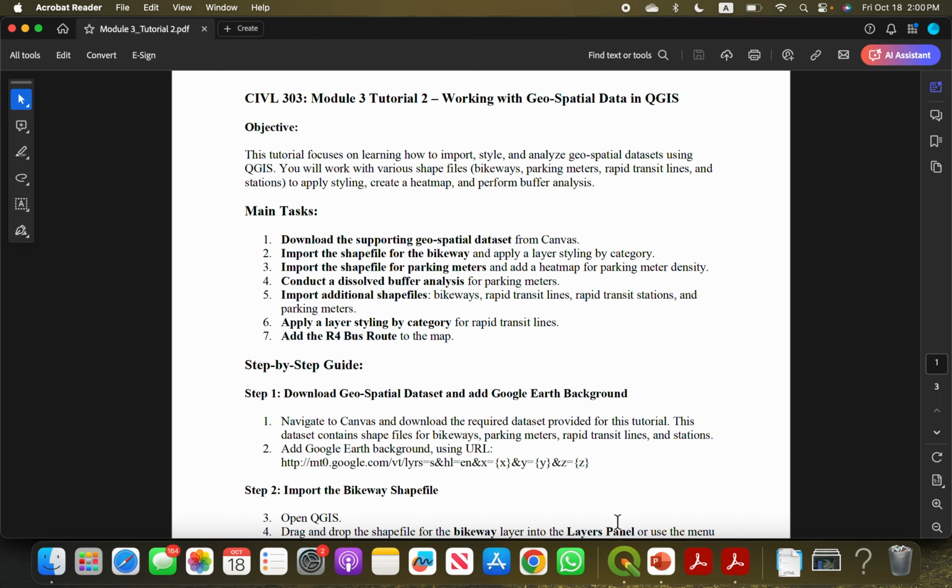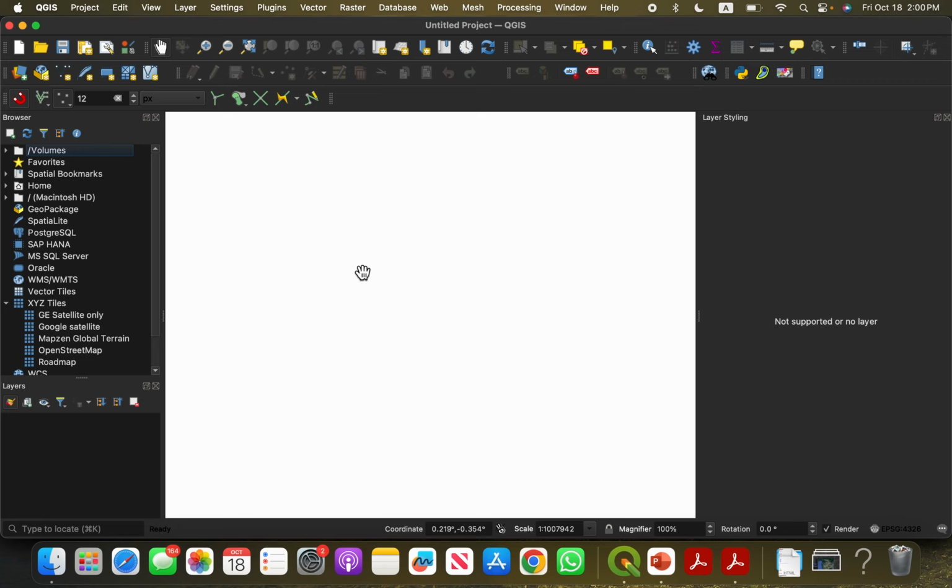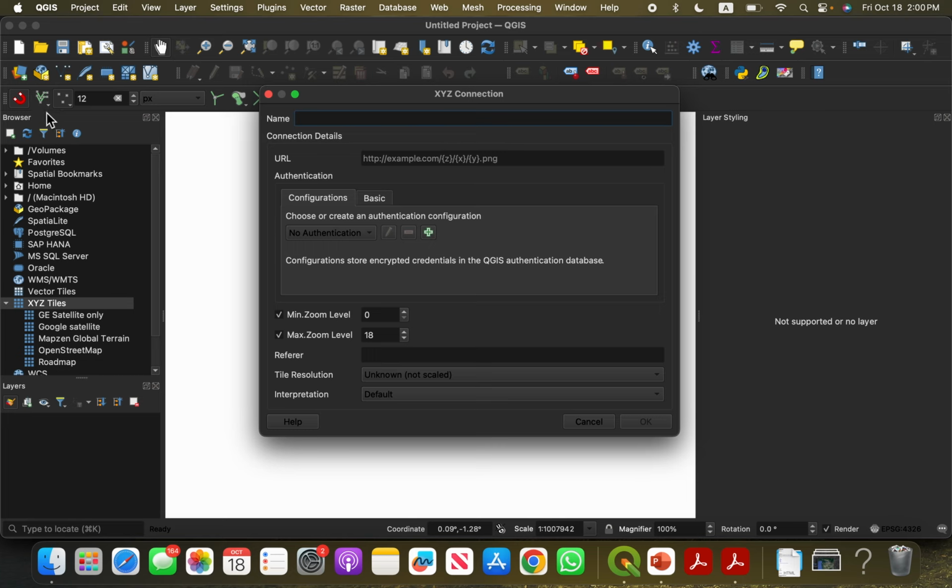So the layer is just the representation of the shapefile you're importing. So when you are changing the layer, you don't change the actual shapefile unless you export it again. So the first step is that we want to add the Google Earth background. So from XYZ tiles from this browser